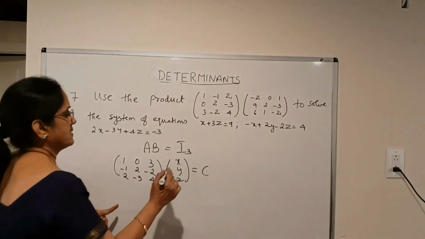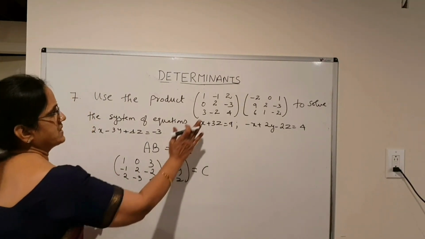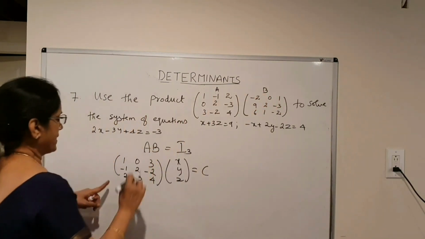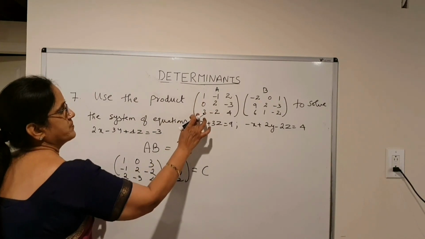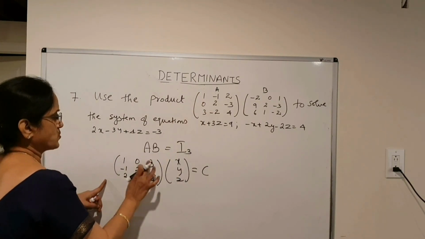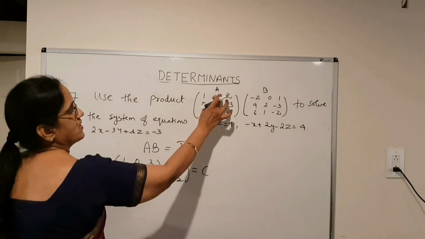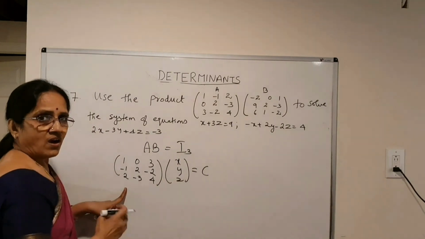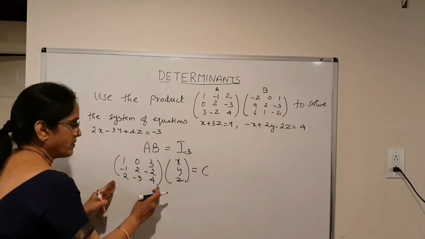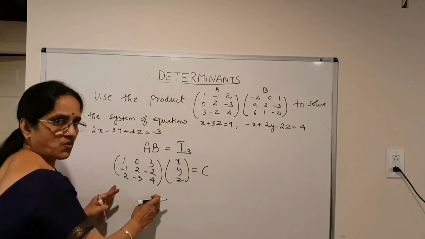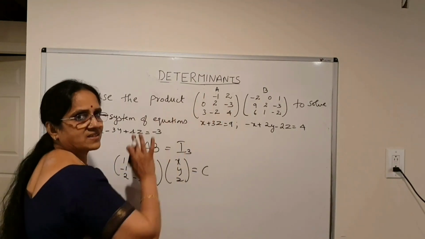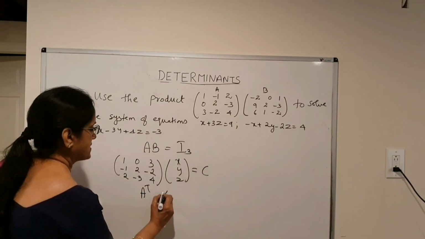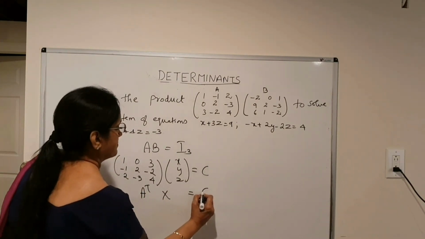That should be kept in mind. Now, if I compare it with A, we took this as A and this one as B. We compared, see here, the first column here is the first row, second column here is the second row, third column is the third row. Or in other words, the one we got over here by putting these equations in matrix form is the transpose of this matrix. So this is nothing but A transpose into X is equal to C.